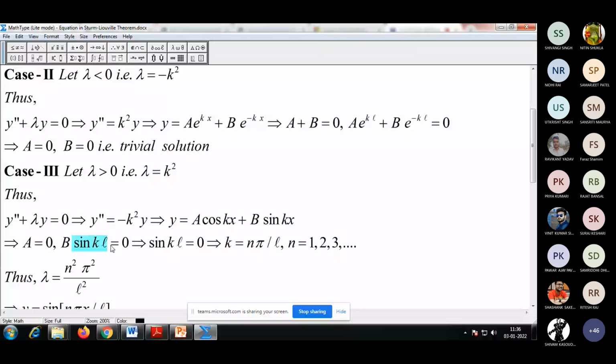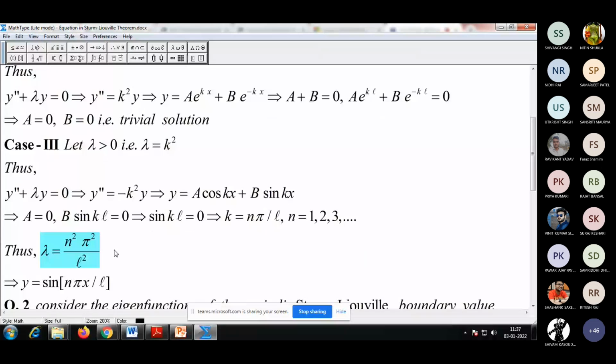So sin kl equal to 0 will give us kl equal to n pi. This gives k equal to n pi by l, where n varies from 1 to 3 and so on. So in this way, lambda will come. Lambda is k square and k is n pi by l, so n square pi square by l square. So this value of lambda, which is giving a non-trivial solution, is called an eigenvalue, and the corresponding function, that is the solution,